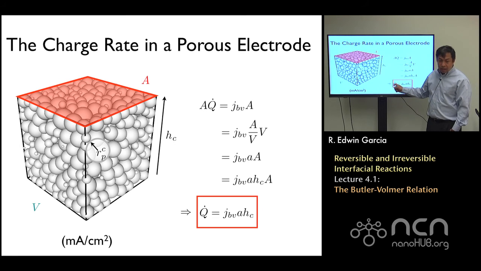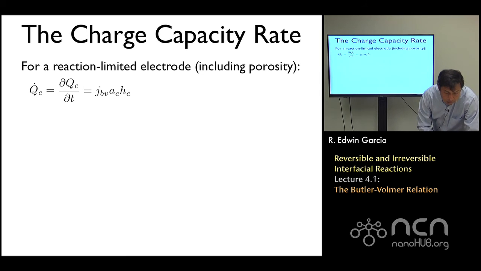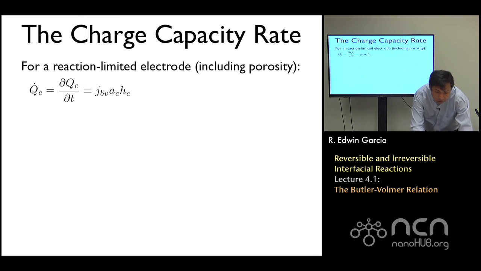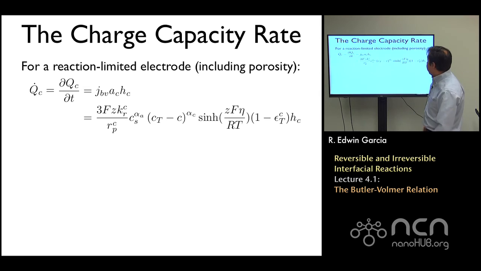Now, I can take this relationship dq/dt and try to relate it to what I already have, my Butler-Volmer relationship. I can write it like this and substitute everything I know about it. I know the Butler-Volmer relationship, I know my equation for the amount of area per unit volume, and I know the thickness of my electrode, so I can substitute all of that, and this gives me a much more sophisticated relationship, telling me that for a reaction-limited